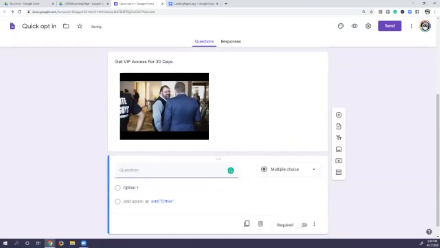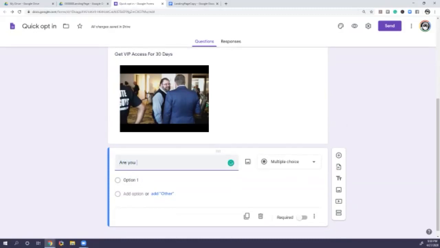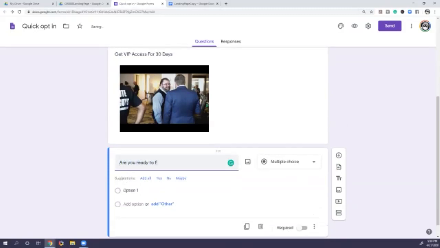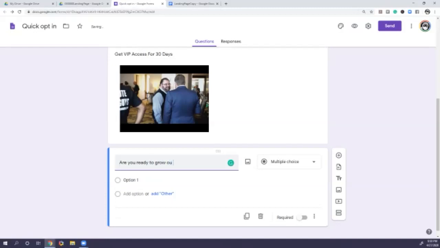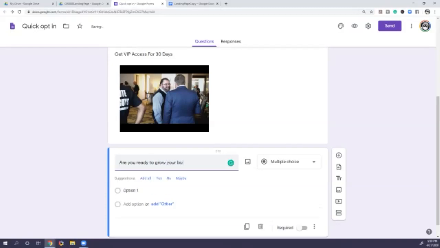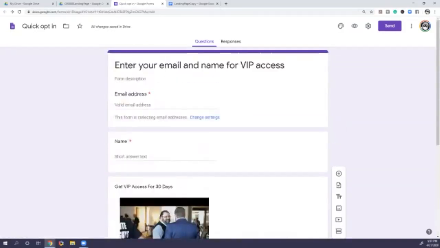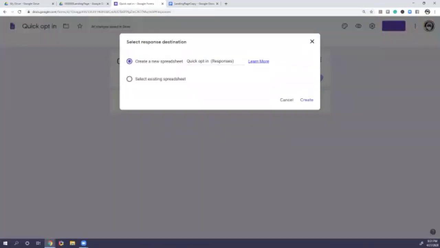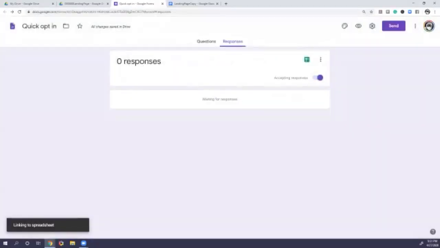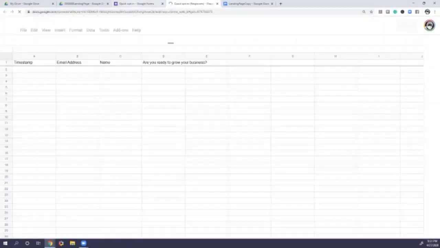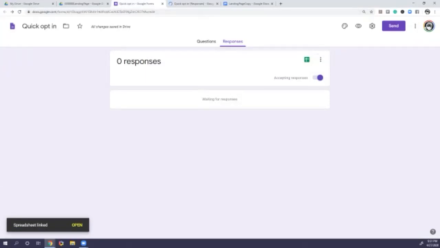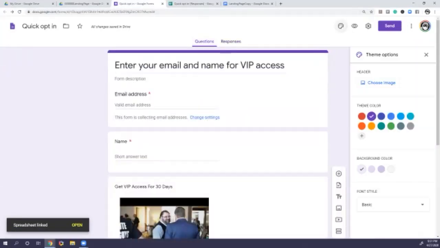and let's get one more question. And the same thing, I'll make another database. So I'm going to put a new one for quick opt-in. And then we'll make this kind of pretty. We'll make some